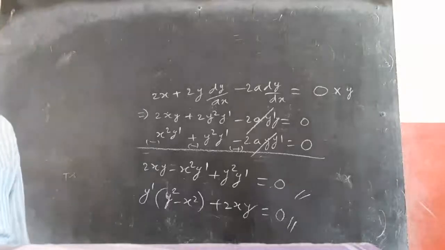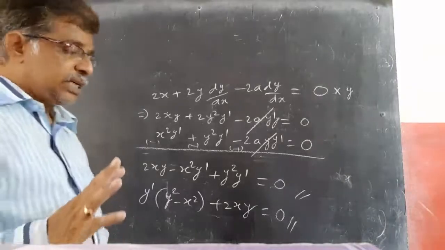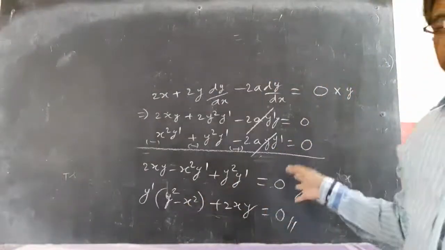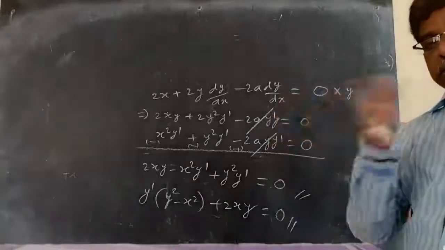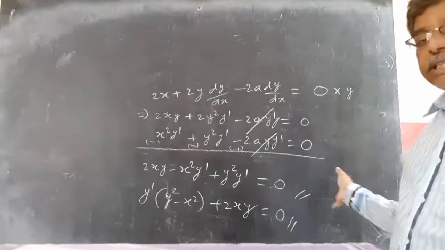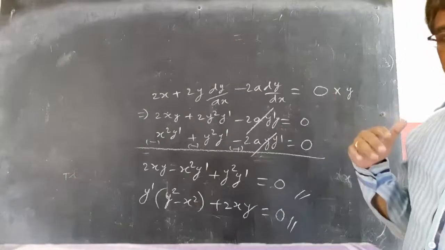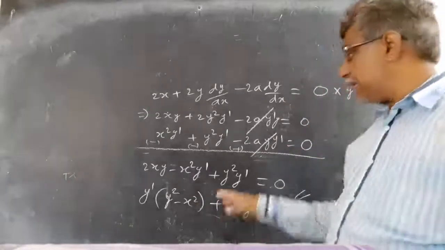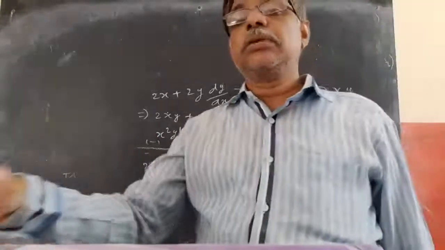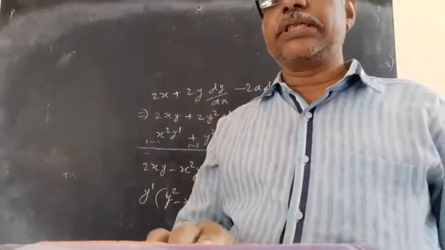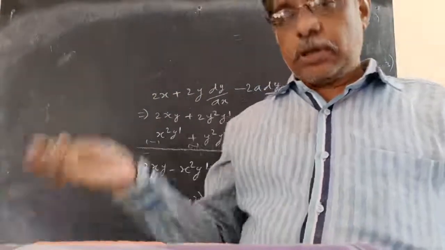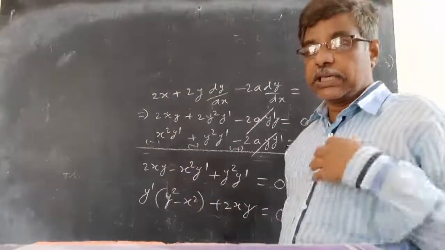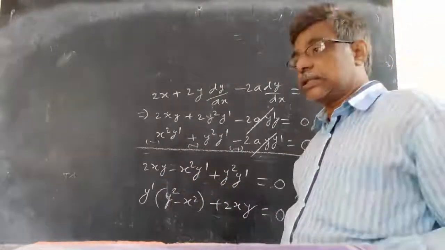So you need to eliminate the constant. It is called forming a differential equation. If you eliminate, you will get the differential equation. To eliminate, the process is your choice. You can use the multiplication elimination method, or you can go for a different one. One more method I taught you, the determinant method, where we find the determinant by taking those as constants. Many ways are there. So pick out of all the methods the one which is best to eliminate the arbitrary constant. Don't go for blunt methods.